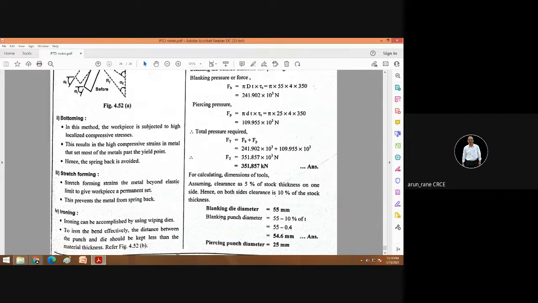That means we reduce the diameter of the punch. How much? Now what is the clearance? 5%. So total per side, so total will be 10%. So 55 minus 10% of the thickness. Thickness is 0.4. So 55 minus 0.4. So this is the blanking punch diameter. Now in case of piercing, the piercing punch size is